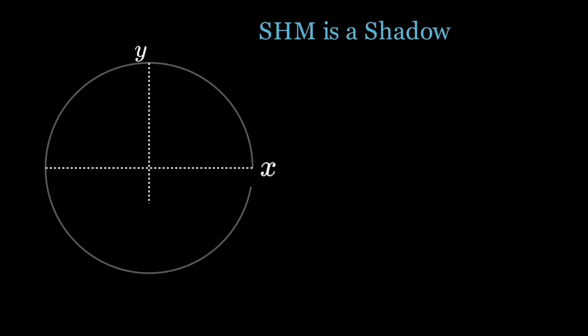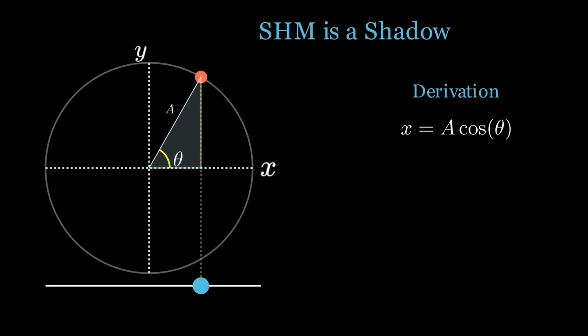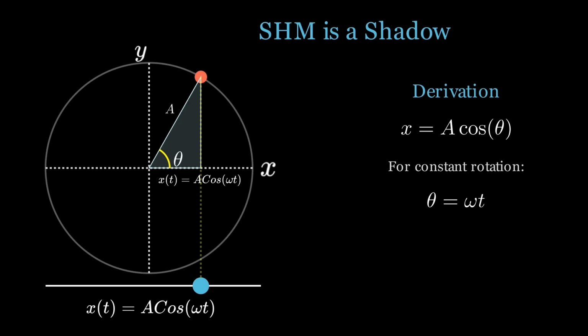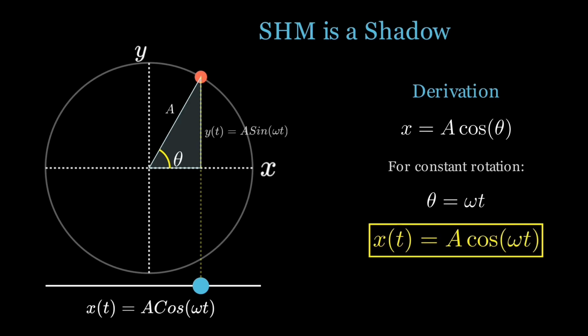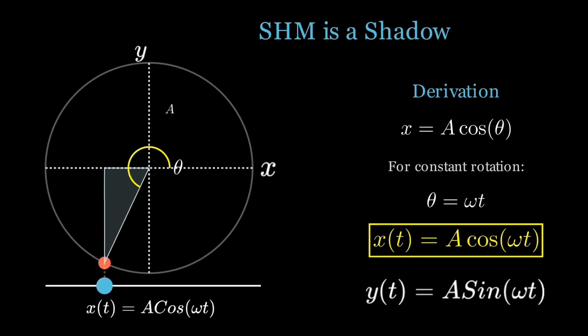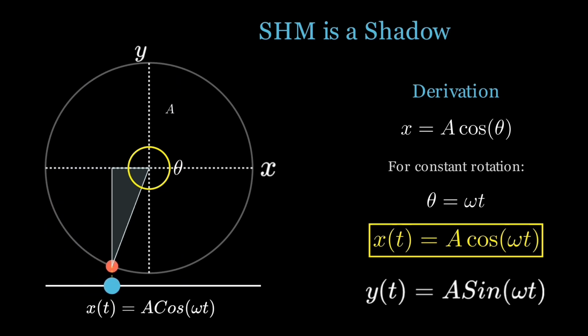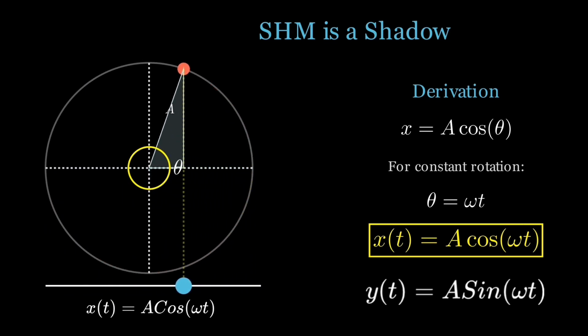Sometimes, the best way to understand linear motion is to look at a circle. Simple harmonic motion is actually just a shadow of uniform circular motion. Imagine a point moving around a circle of radius A, with a constant angular velocity, omega. If you track only the horizontal projection, the shadow it casts on the x-axis, you'll find it follows the exact same cosine path we just derived. The angle, theta, is simply omega times t.